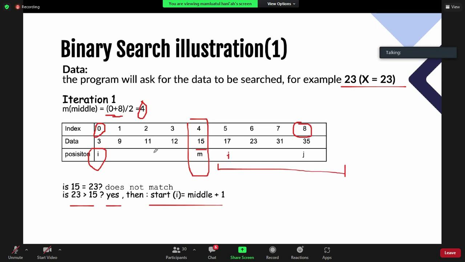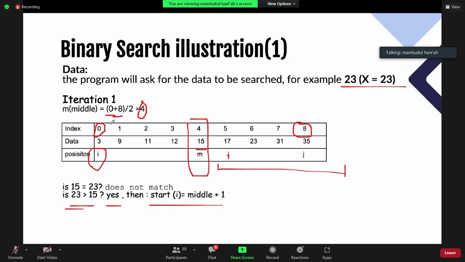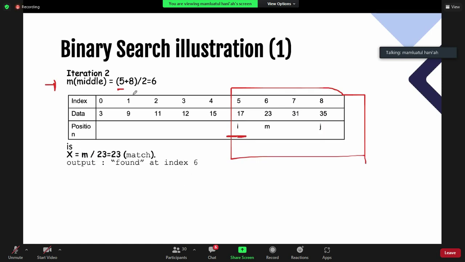Awalnya 0, and we change it to 5 in here because of this. Okay, and then 5 plus X divided by 2, and I have 6 here as the middle position.